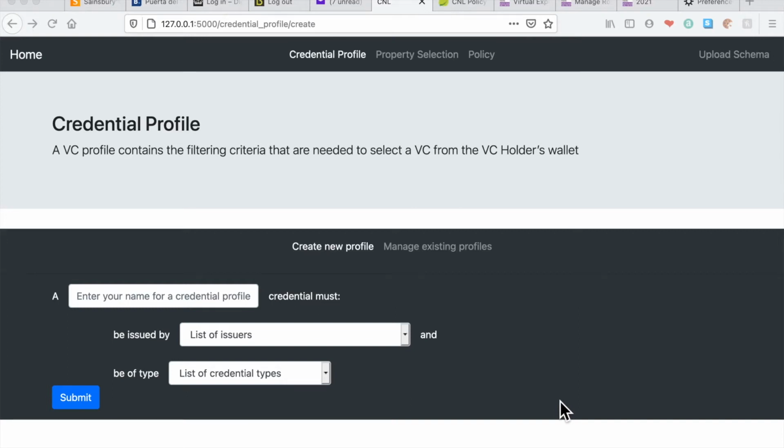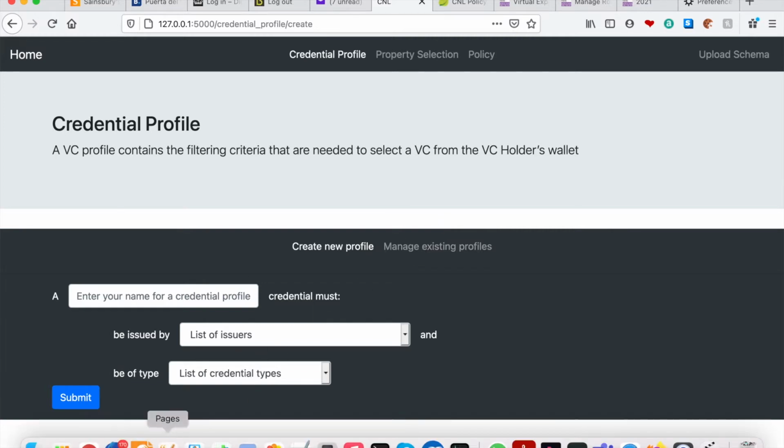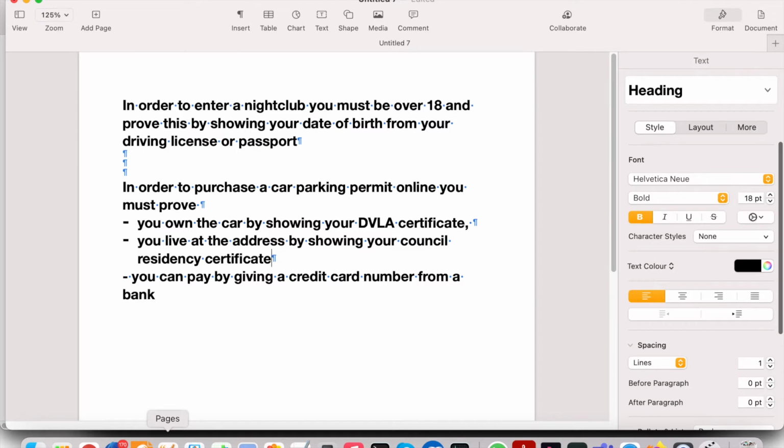This is a demonstration of the controlled natural language multilingual policy management interface. Before you start, it's often good to write down your policy in English or in natural language so you understand what you're going to create. So I've written a couple of policies down here, and it's the second one I'm going to produce on the